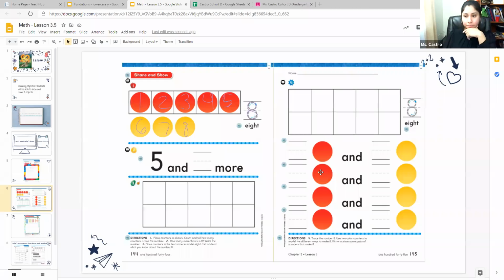Okay. Now we're going to go down to the bottom, number 3. They simply want us to show the number 8 using the 10 frame. So this is the very important part. Ready? Start with the first box. Start labeling with the number 1. Keep going until you fill in the top frame. Do not go down to the bottom frame until you have filled up that top frame. So you keep